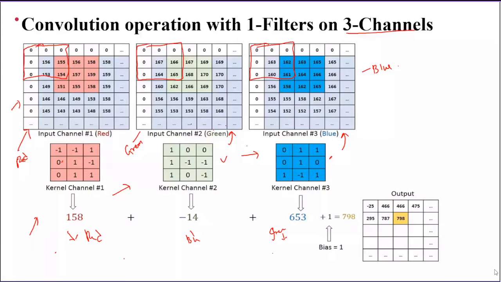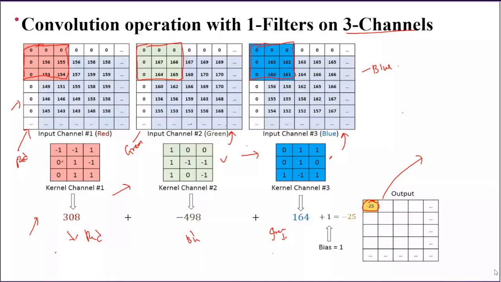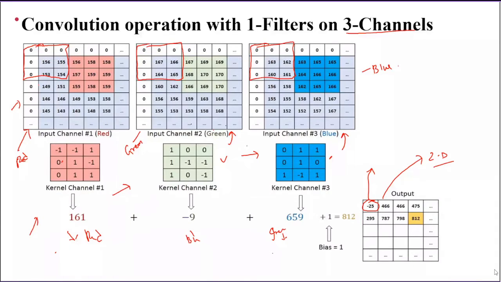So even though we are dealing with 3 channels and 3 filters for the convolution operation, the output will be of size 2D, which means the activation map or feature map will be 2-dimensional. And how is this value received? This value is computed by taking the weighted average from the red, blue, as well as green channels and adding them together.